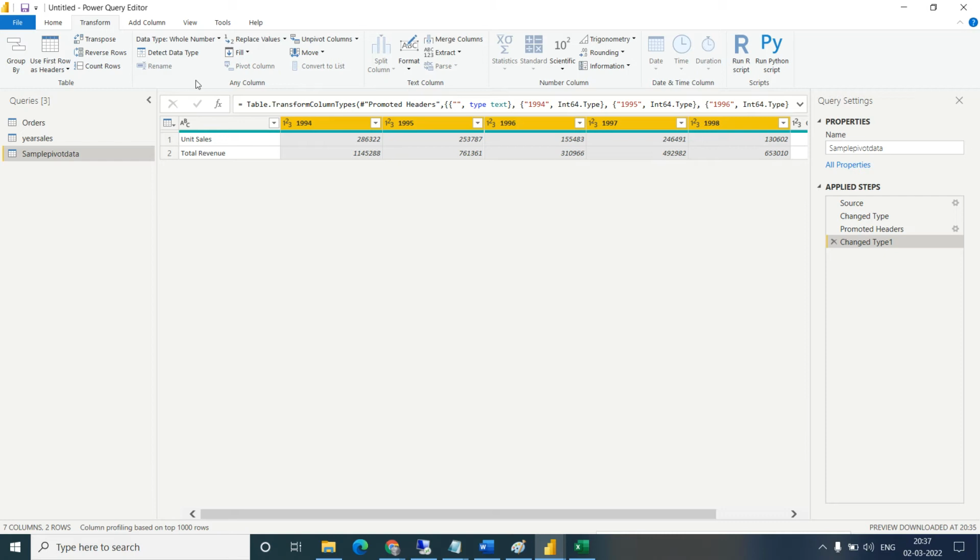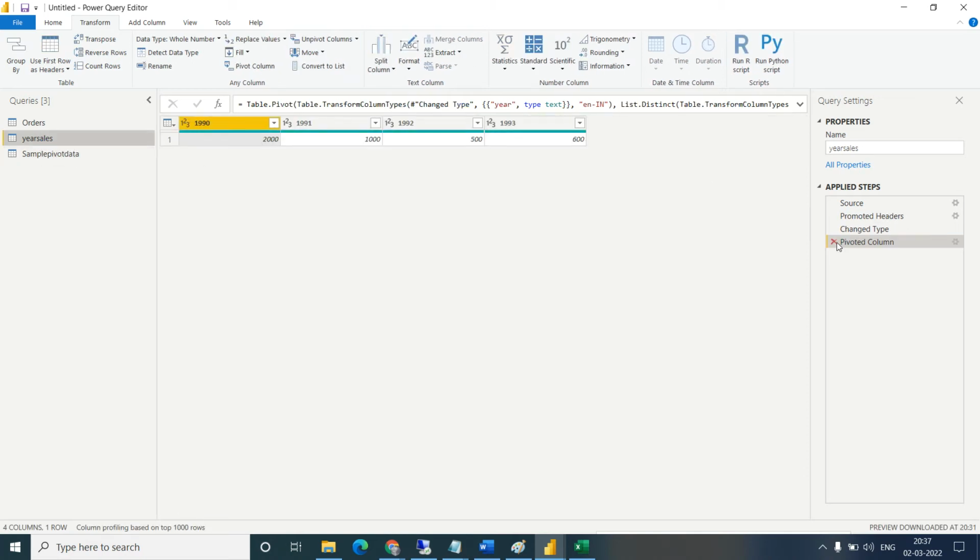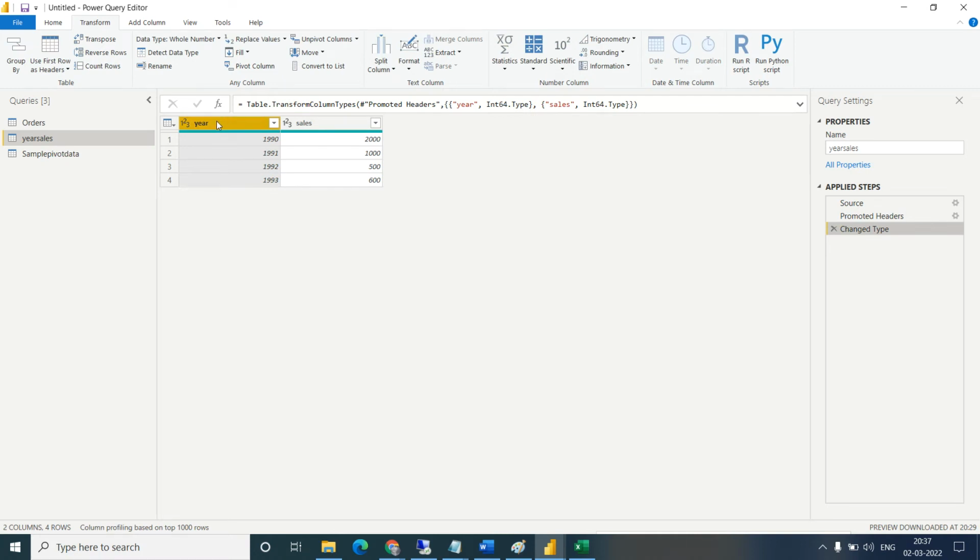Where is unpivot? Can you see this unpivot? How is it automatically detecting whether it is pivoting or unpivoting? In the last example, in year sales, when we tried to convert the pivot, it automatically detected. I selected only one year and it gave me the pivot option and unpivot.